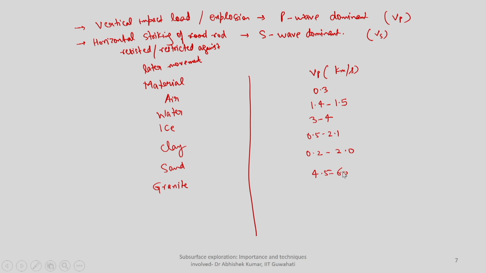If you remember, we had also discussed granite, which is very intact rock, so it offers more and more resistance to any kind of primary wave passage, in terms of compression or rarefaction. That is why the primary wave velocity is like this. So based on the seismic method, if you are able to quantify that your primary wave velocity is in this range or this range, that indicates that the medium through which the primary wave is propagating and getting detected by the receiver is either granite, sand, clay and so on. That is how you go for interpretation of the subsurface medium.